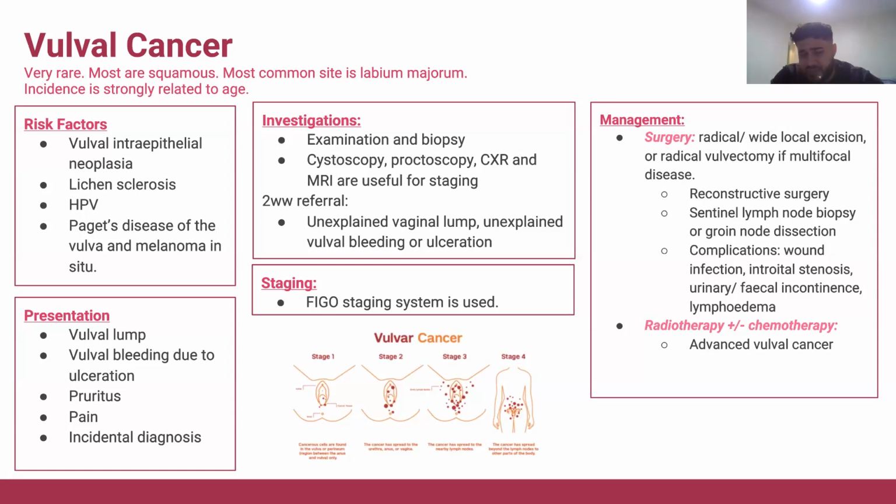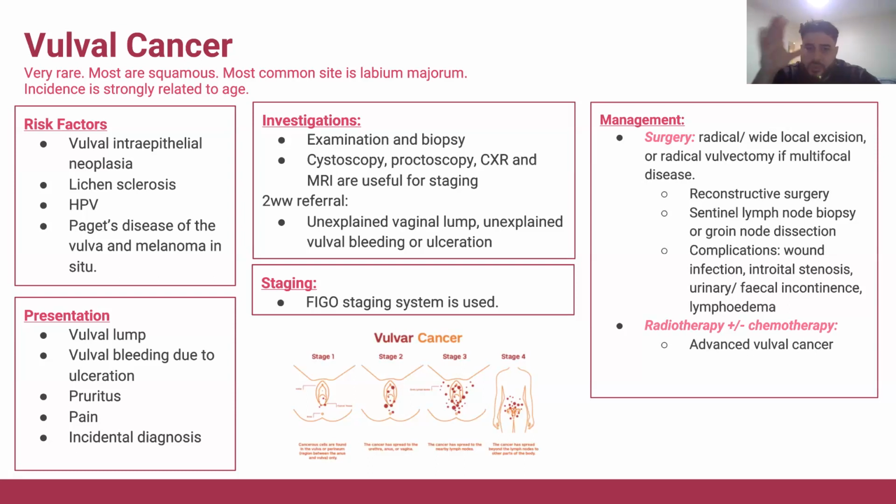And just like cervical cancer, there is also, for example, a previous risk factor of vulval intraepithelial neoplasia. But I think a common risk factor that I used to remember quite easily was lichen sclerosus. If you're thinking about skin that has become very inflamed and plaque-like and itchy, it's a very easy precursor to something like vulval cancer. HPV, just like cervical cancer, is a risk for vulval cancer as well.